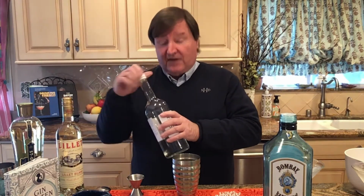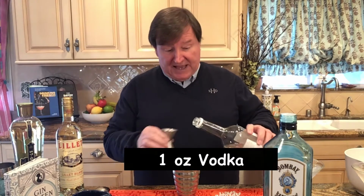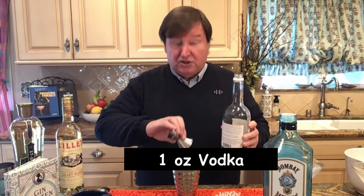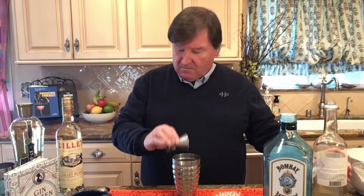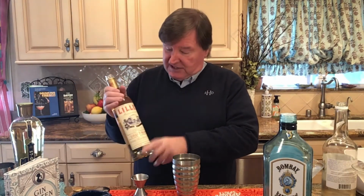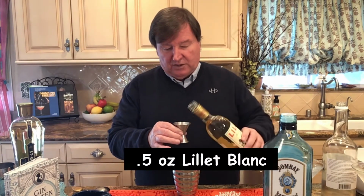And 1 ounce of vodka. Now, the vodka we're using here is a Star Vodka. It's from Santa Barbara. It's a small batch, 80 proof, and it is very smooth and very good for martinis. Then, to make it continental, we're going to use half an ounce of Lillet Blanc. This is a French wine aperitif. And this, like I say, just makes it a little more continental. We're going to use